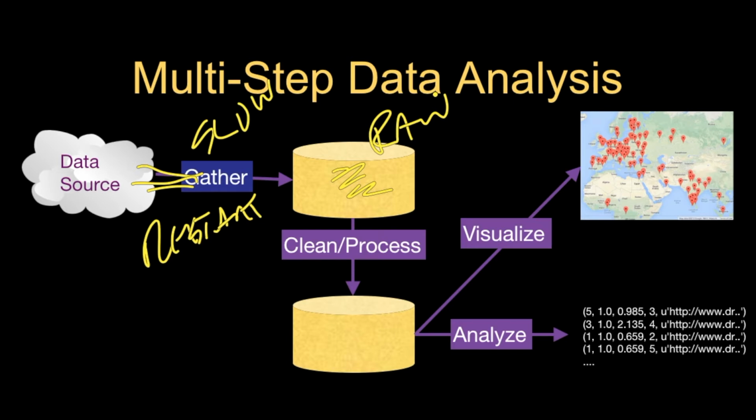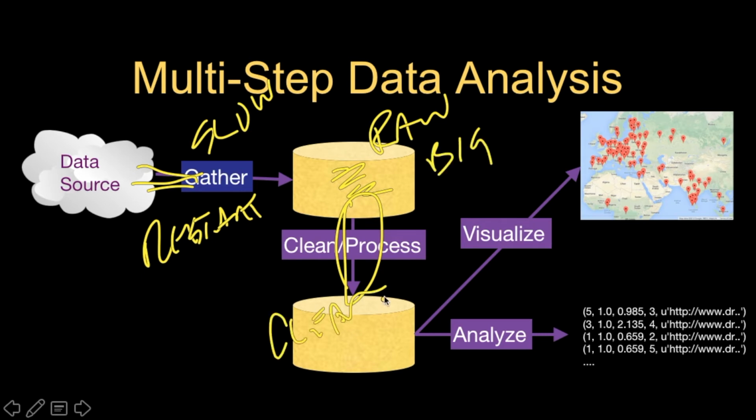And then you find that the data is kind of nasty and ugly, and you find that before you're going to do any analysis, you probably want to clean and process it. So in a lot of these, you're going to go from a raw database to a clean one. And this is going to be really large, and this is going to be really small. And you're going to do this sort of once, but slowly, and you'll do this as many times as you need, changing this program, cleaning the data up over and over and over again.